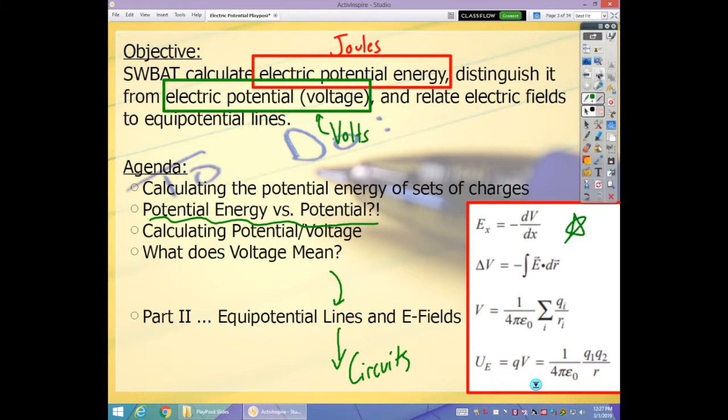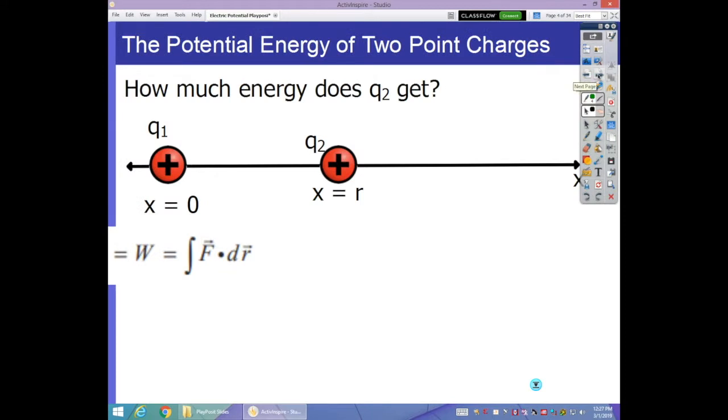All right, so let's talk about potential energy of charges. Let's say I take two charges, Q1 and Q2, and for the sake of argument, drive a little spike through Q1 and fix it in place so it can't move. I'm going to hold Q1 stationary. I'm going to bring Q2 here, and then I'm going to let it go. When I let it go, these two things are going to repel, and it's going to fly off forever, because the electric force goes as